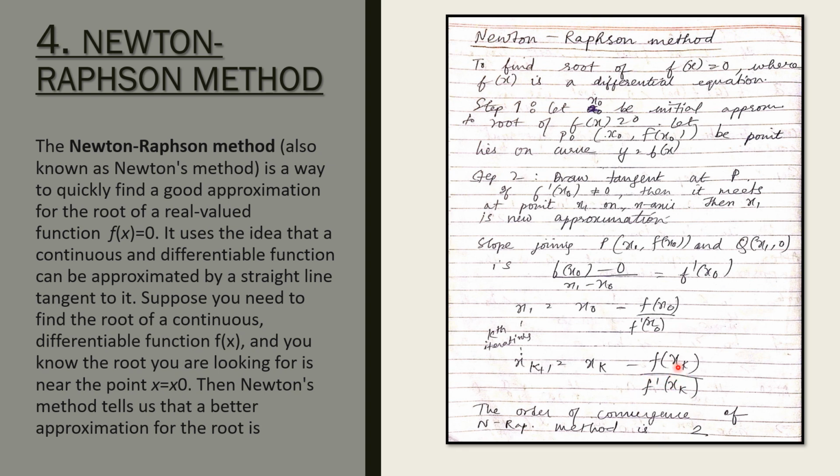So it's quite an easy approach. You're given a polynomial f(x), just go on differentiating it. You will be given an initial approximation. Start with the initial approximation, calculate this, and you get x1. Now use this x1 to get x2. Ultimately you will be left with xn or xk plus 1 till the root is satisfied. The order of convergence of the Newton-Raphson method is 2. So it's done. It's quite an easy method, and I would recommend you doing this.